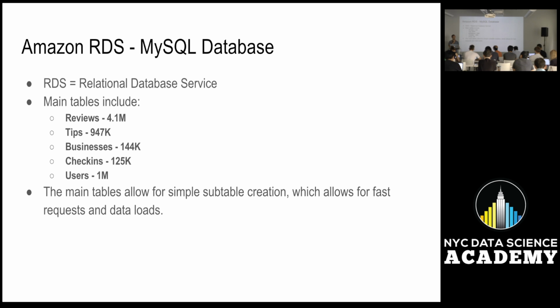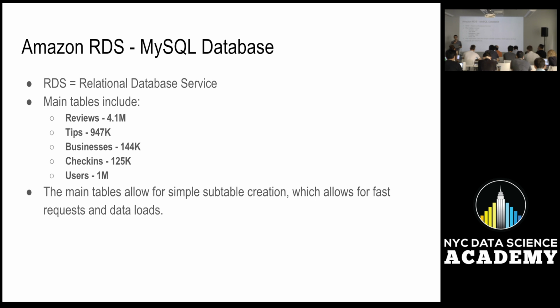There were tips. Tips is like, vegans love this place or something like that. That is just a quick snippet of an overall view of what a restaurant is like. I probably should have mentioned, we only looked at restaurants for our specific set. I mean, there's a lot of different reviews for venues out there, but restaurants seem like a good way to narrow it down. Businesses, again, the attributes, there were over